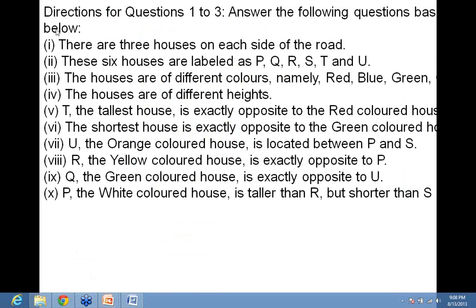Those who have solved it till now, it's fine. Otherwise, just follow what is being told here. So in these type of questions, you have to read the entire question 2 times so that you don't miss out anything. And what you have to do is put down the